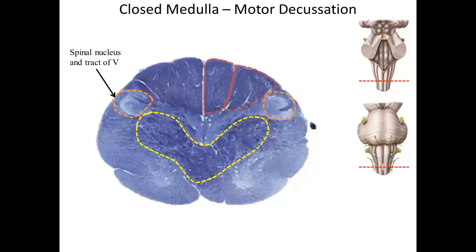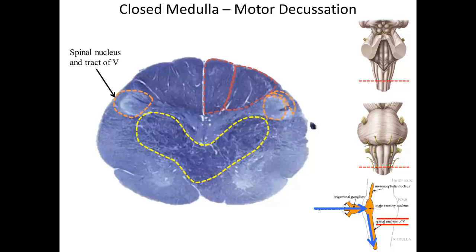Think yin and yang. This is due to the fact that the trigeminal nerve fibers enter and exit the pons, but the spinal nucleus of the trigeminal nerve travels all the way down into the inferior medulla. So there will be fibers descending from the pons all the way down into the medulla to relay in the nucleus. It's the descending fibers that form the tract, and the darker staining tract will always be seen lateral to